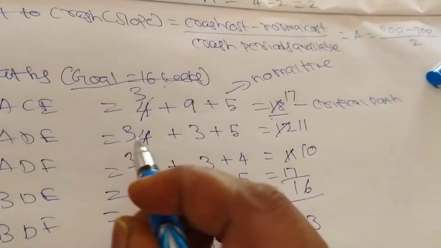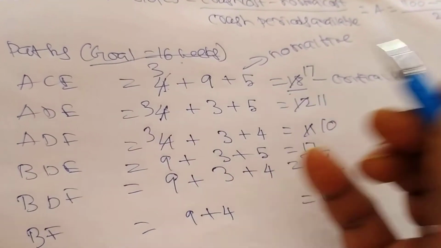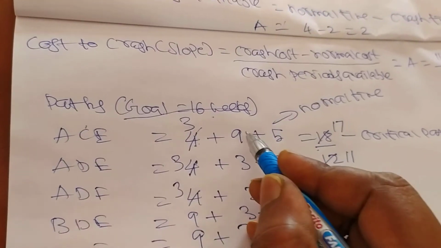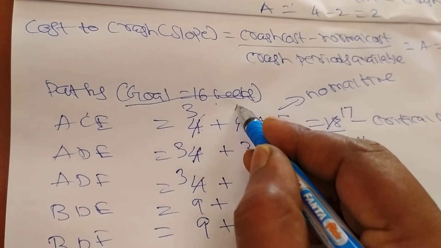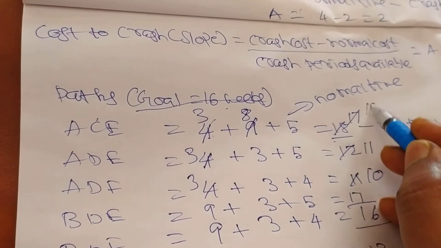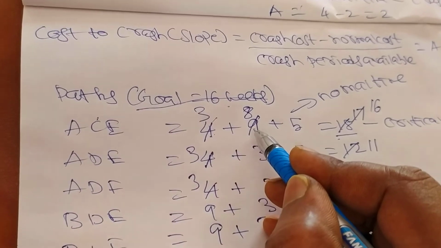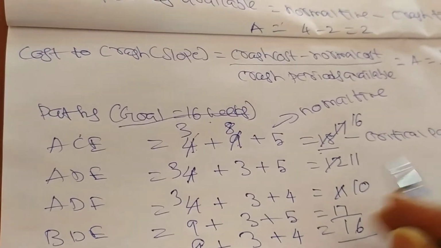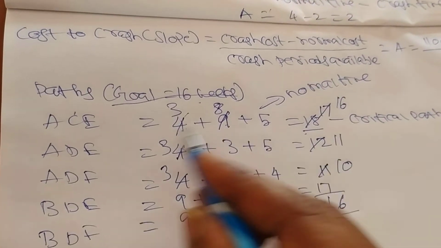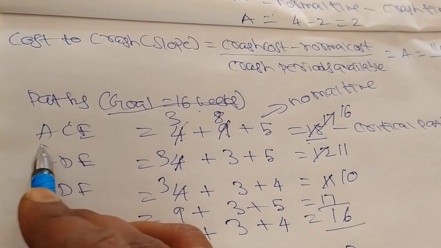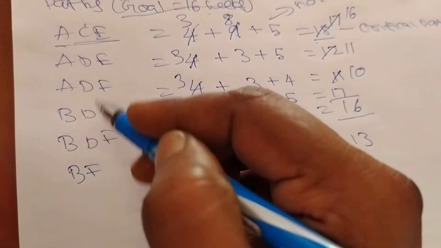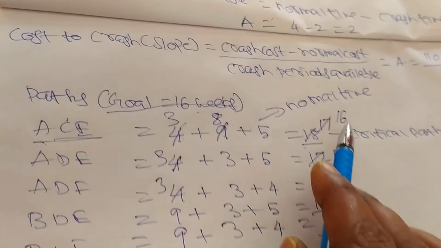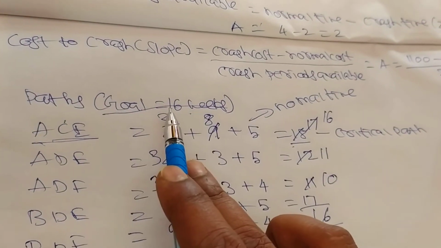So again it has to come to 16. Then we have to reduce another value. Another activity value we can reduce now. So C, we have to take the C value. C we have to reduce to 8, which means it will come to 16. So here I will reduce 9 to 8. Here 17 comes to 16. Other C's are not available, because only one C is there, in ACE. So we cannot reduce any other time, only C can reduce. So it comes to 16 and achieves the goal of 16 weeks.